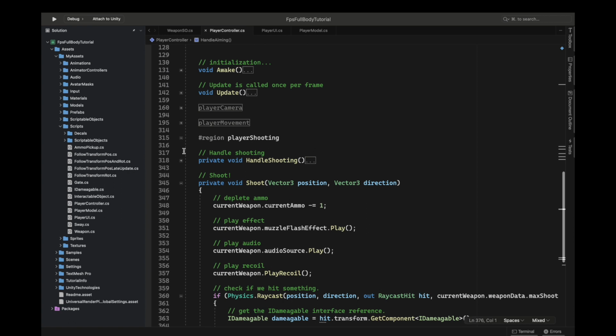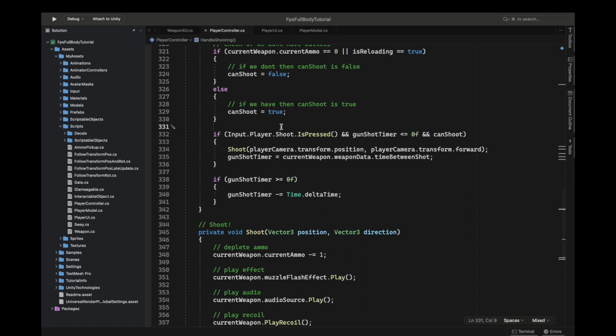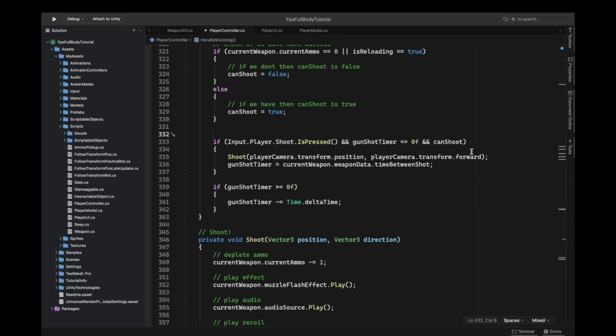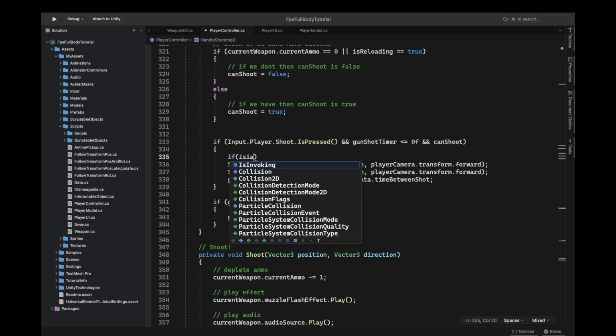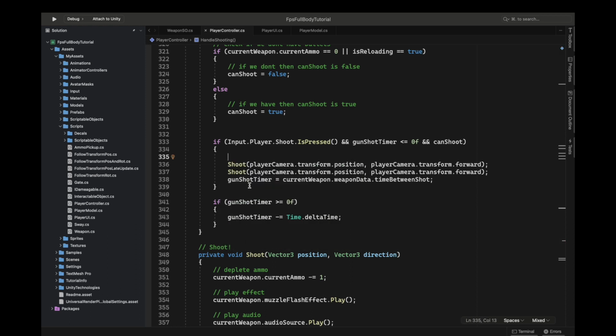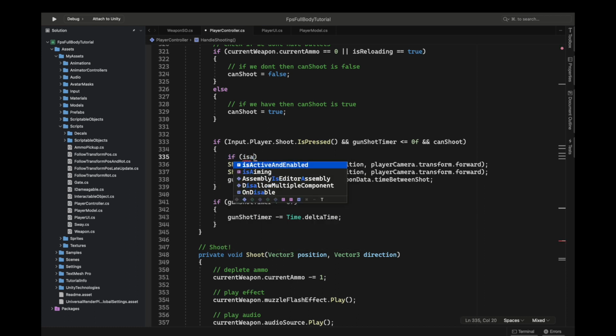No, I think we should change it in the handle shooting. So hit recall shoot, and the flare camera's transform position, and the flare camera's transform forward. Let's duplicate that, but let's add an if is aiming. Rather, first we need to have a reference, but we simply copy that. So if is aiming,